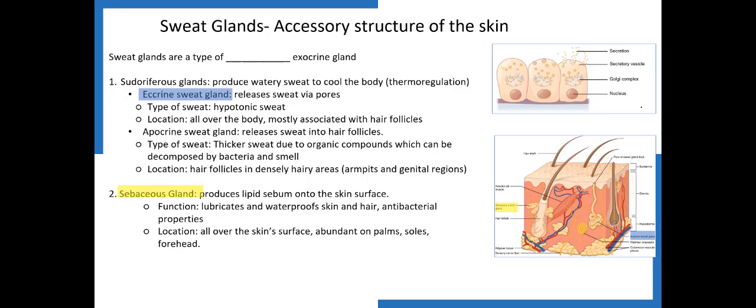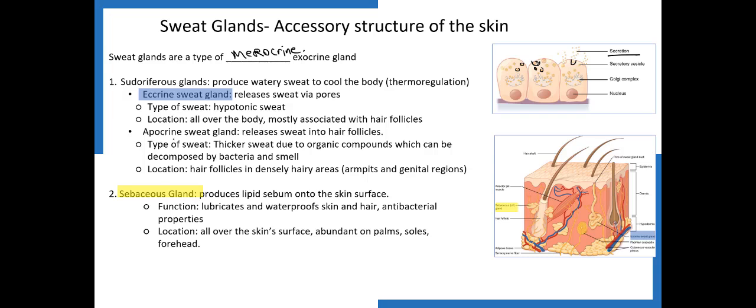And then a second accessory structure of the skin are the sweat glands. And so the sweat glands are a type of merocrine exocrine gland. So basically they produce the secretion sweat in secretory vesicles here. And the secretory vesicles then fuse with the plasma membrane to release the sweat secretions. Two types of sweat glands,